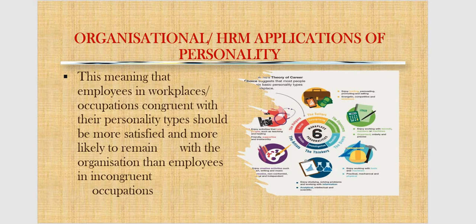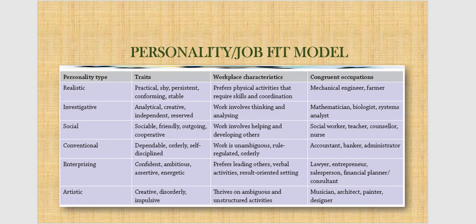So the whole thing about John Holland's characteristics and personality is that your personality and the kind of occupation that you do, if your personality is in line with the occupation, you must be satisfied. If your personality is not in line with the occupation, that individual will be what? Dissatisfied, right? And so let's look at John Holland, the 6